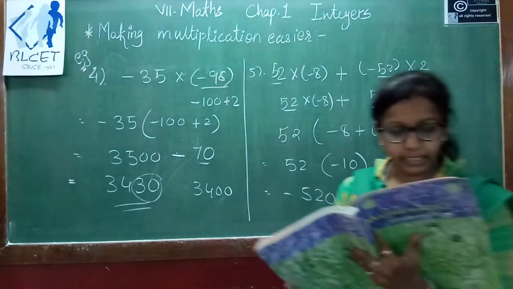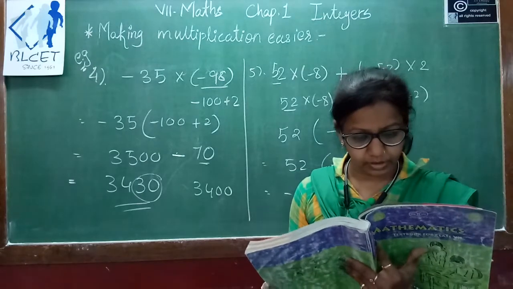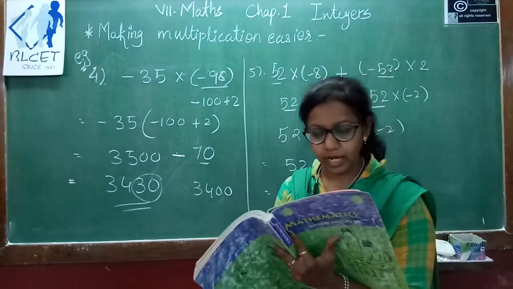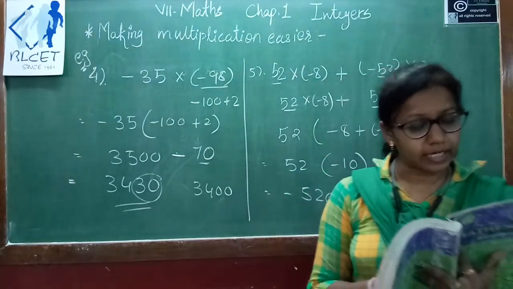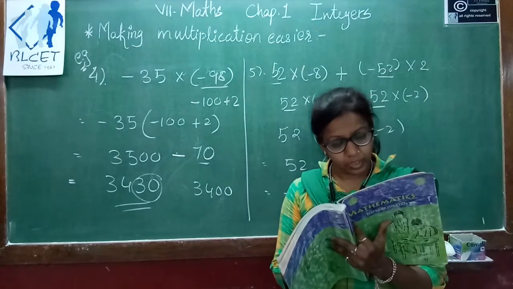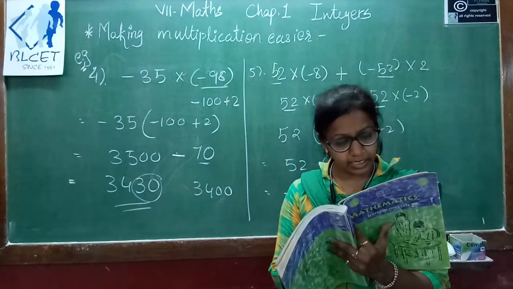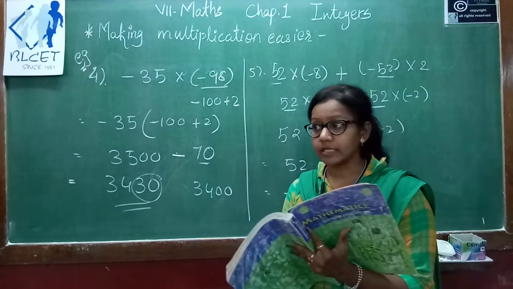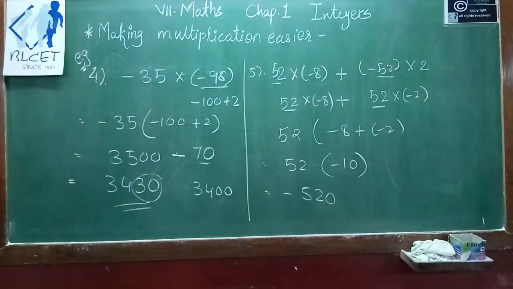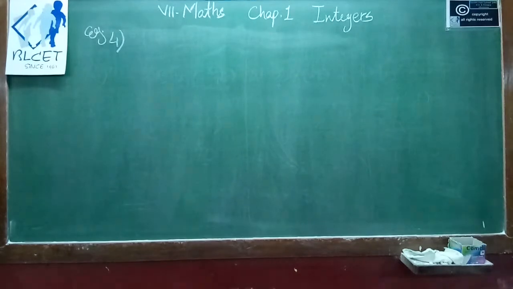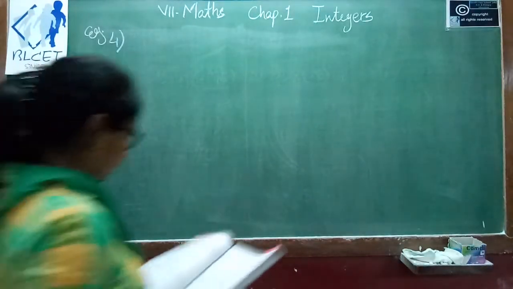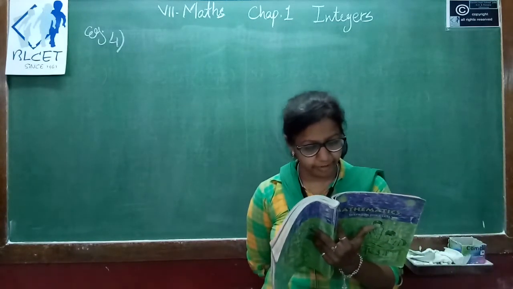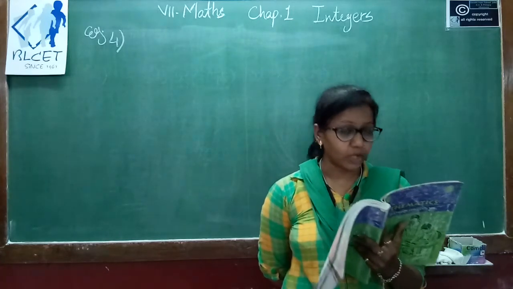The question is, in a class test containing 15 questions, 4 marks are given for every correct answer and minus 2 marks are given for every incorrect answer. Two conditions are given to you. First, Meena attempts all questions but only 9 of the answers are correct. What is her total score? And second, one of her friends gets only 5 answers correct. What will be her score?